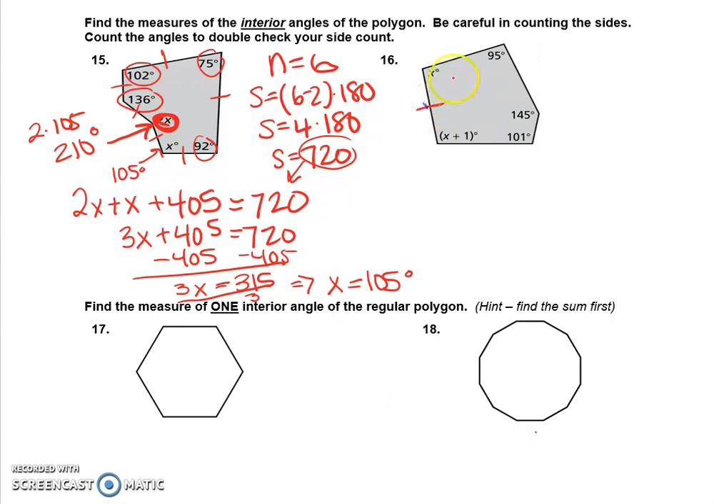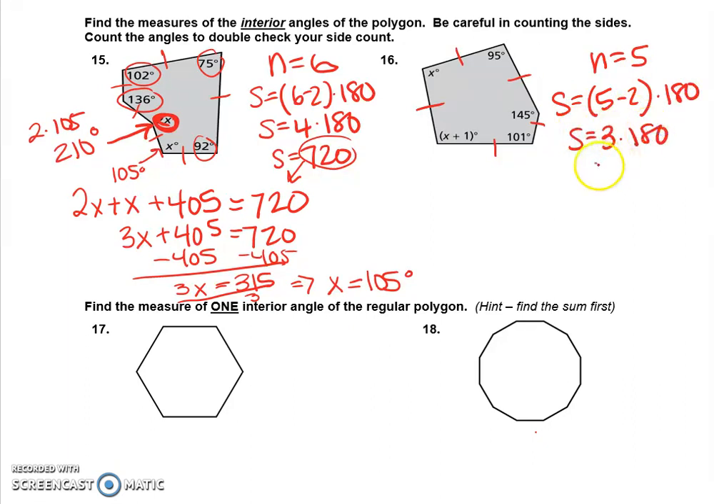Same thing on 6. Count the sides first. 1, 2, 3, 4, 5. 1, 2, 3, 4, 5 angles as well. So a 5-sided shape is 5 minus 2 times 180, which is 3 times 180, which is 540. And that's your sum. Now I'm going to pause this and write the equation because I'm going to hit the